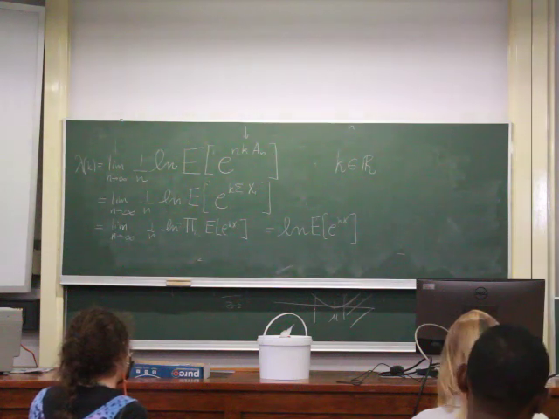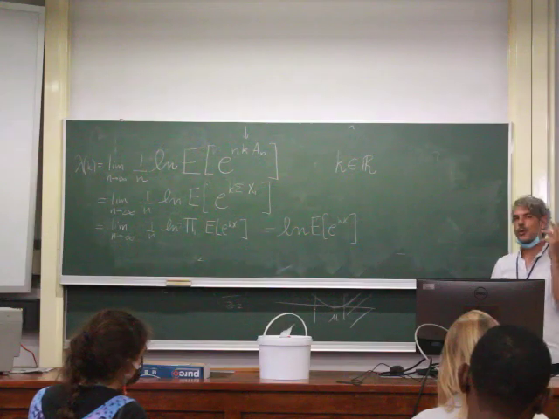A more difficult example is to take a sum of exponential random variables. Then we don't know what the exact distribution